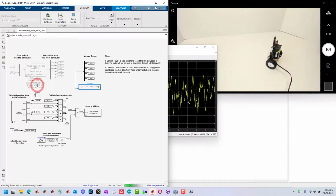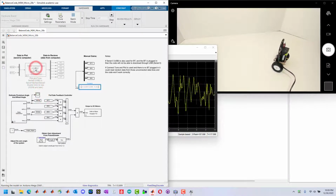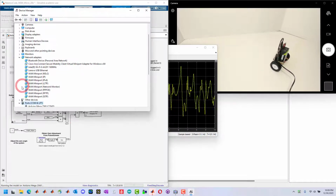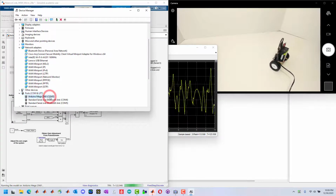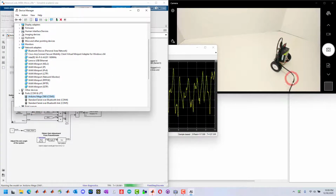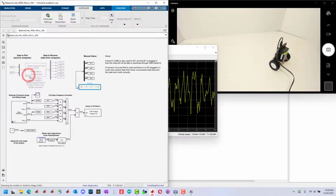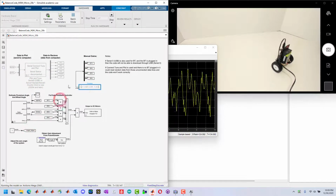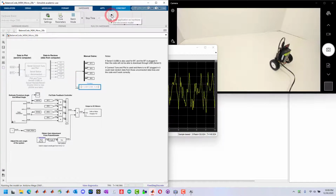The USB cable is serial 0 on the Arduino. So even though the COM port of the device is COM port 3, the Arduino is sending that data over the USB cable, and the USB cable is serial 0. That's the basic setup. Next, we'll go over running this setup